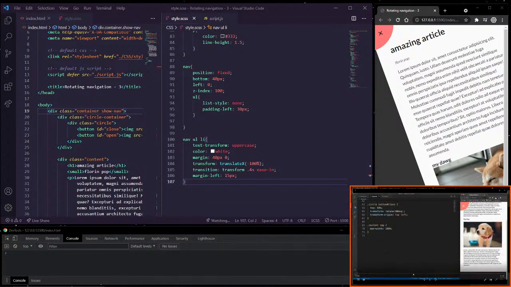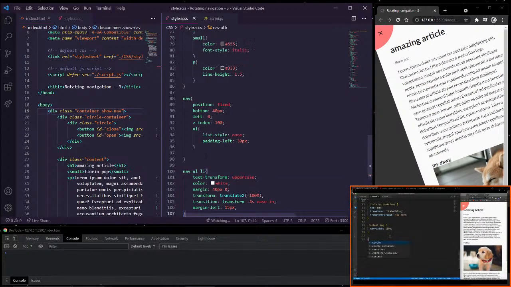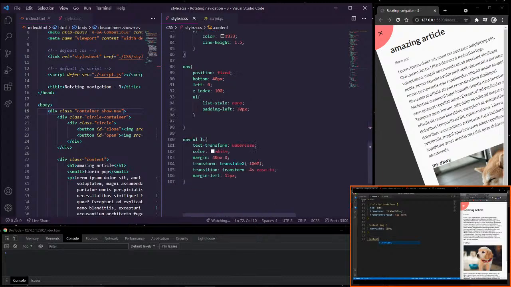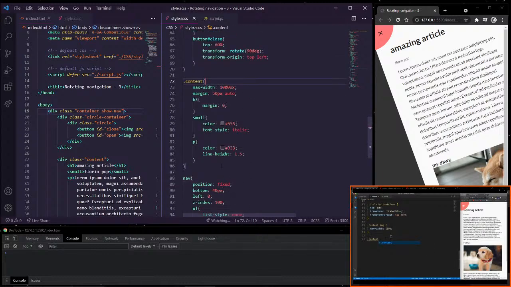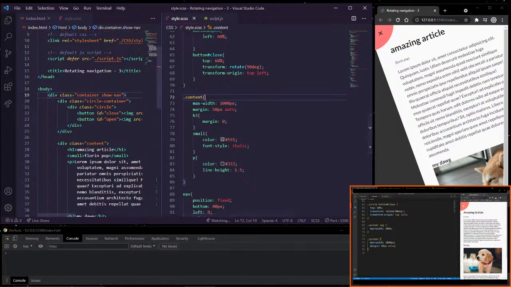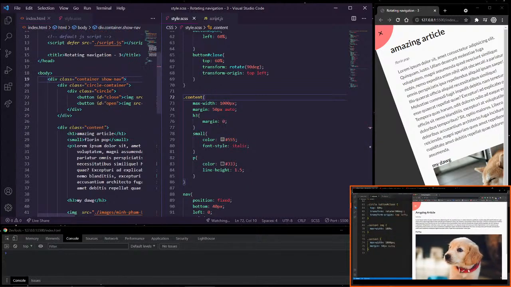All right, so we need to finish up our CSS. We have to deal with the actual nav down here. But before we do that, I'm just going to add a couple more content styles. So for the content itself, let's do a max width of 1000 pixels, and we'll set margin. Let's do 50 pixels on the top and bottom, auto on the left and right. Keep it in the middle, so even if we stretch it out, it's going to have a 1000 pixel